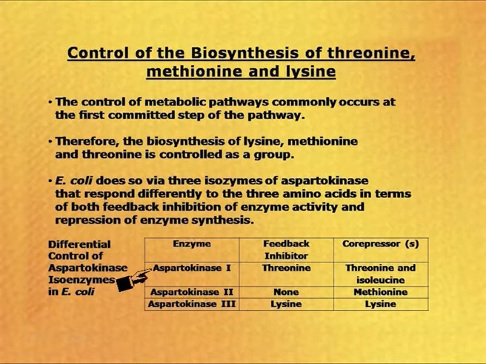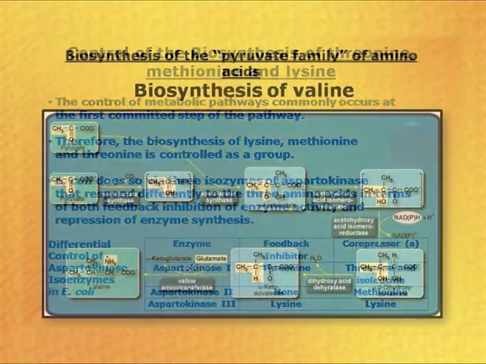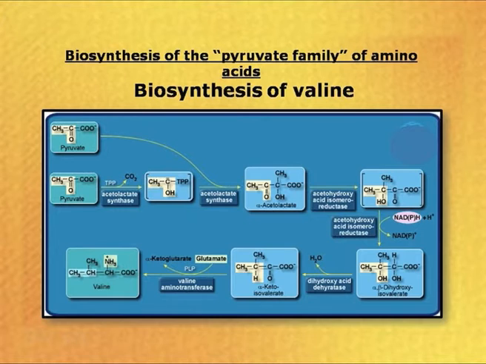In case of aspartokinase 1, the feedback inhibitor is threonine and the co-repressors are threonine and isoleucine. In case of aspartokinase 2, the co-repressor is methionine, and in case of aspartokinase 3, both the feedback inhibitor and co-repressor is lysine. Coming to the pyruvate family of amino acids, first of all, we can see in this slide